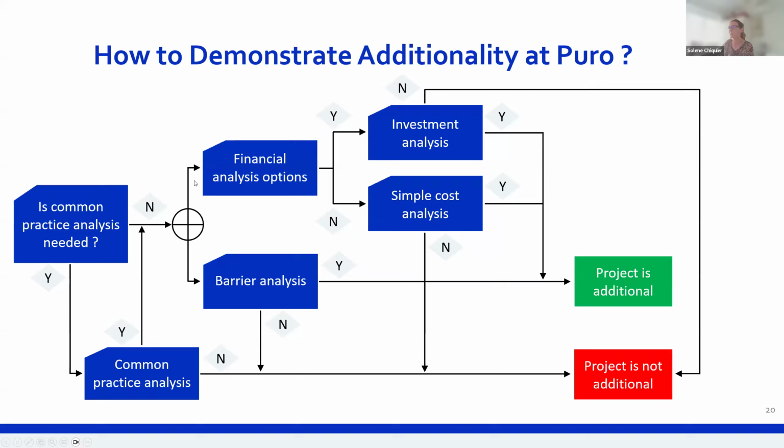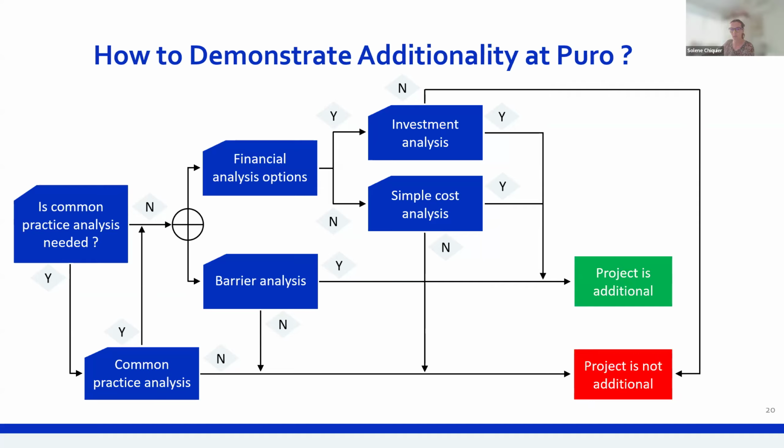That is step 3, where you need to decide whether you will do your barrier analysis or pick one of 2 financial analysis options. Let's say you decide to go through the barrier analysis. In that case, you will have to show that your project faces barriers such as technical, institutional, or financial, and that only carbon revenues can help overcome these. If you rather decide to go for a financial analysis, you will have to determine which analysis applies to your project. For that, you will have to ask yourself whether your project has other income streams besides carbon finance, or whether the capital expenditure is a major cost in your project.